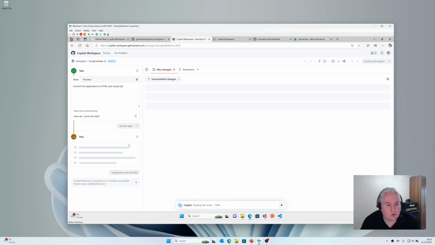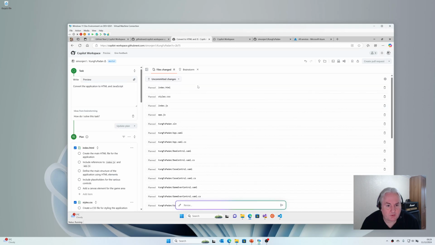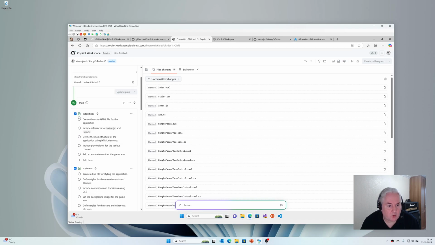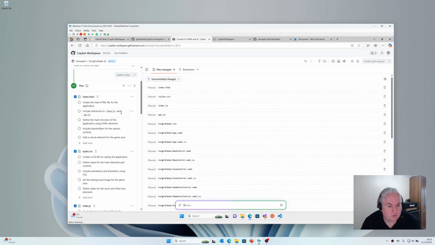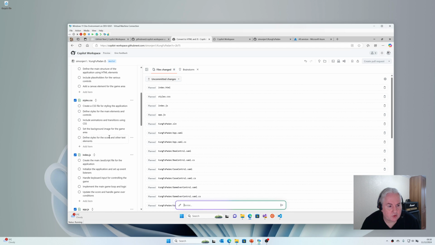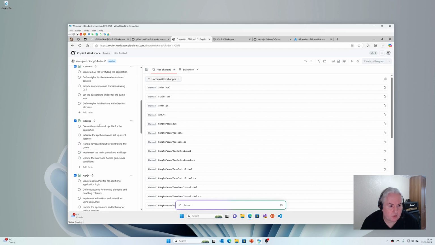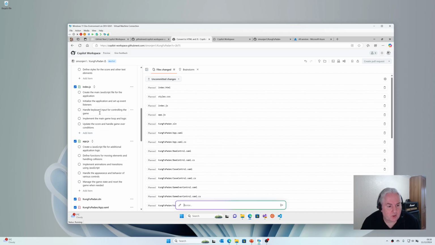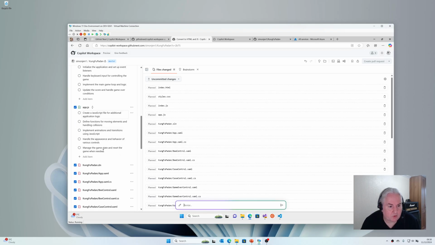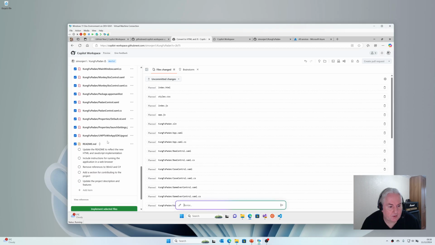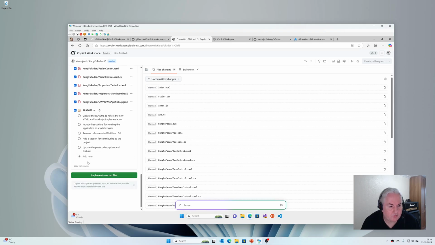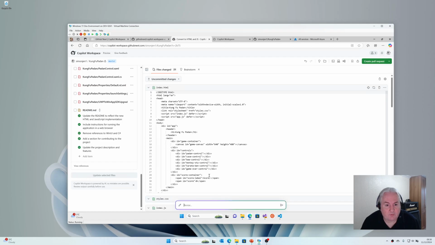But we can click on generate plan, and it's basically decided that we need to create this file, and we need to include a reference to the index.js file. We need some style sheet in there, and we need to create the index.js file. We need to create an app.js file, and we need to update the README file. So then we just click on implement selected files, and it will go away and create those files,